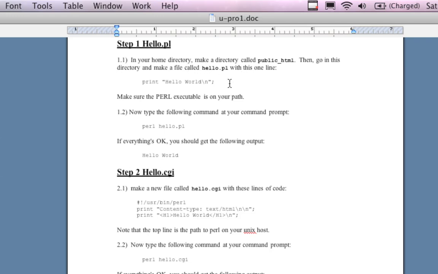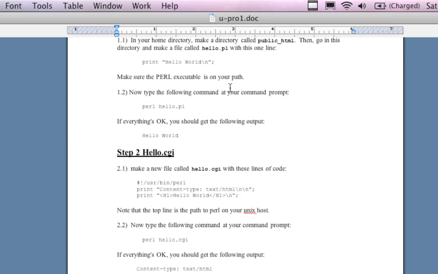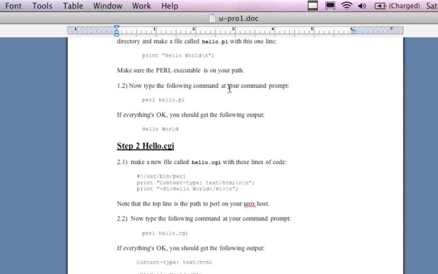and it's going to have one line. It's going to print out, and this is Perl syntax. It's hello world, essentially, for Perl. Prints out hello world. And then you're going to make a Perl executable. You're going to make the file executable, and you're going to do that by changing the access rights using a chmod command